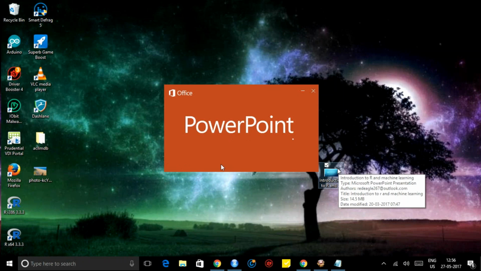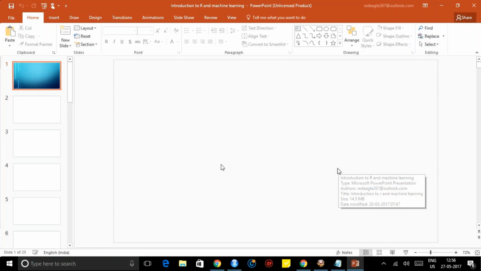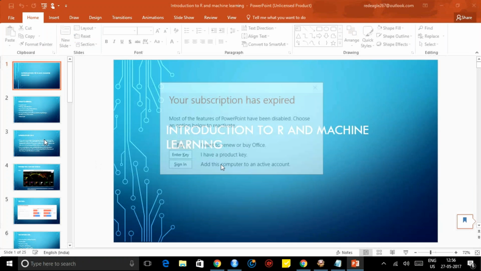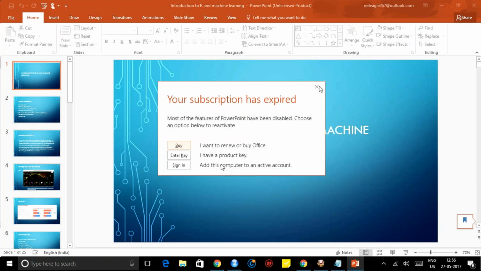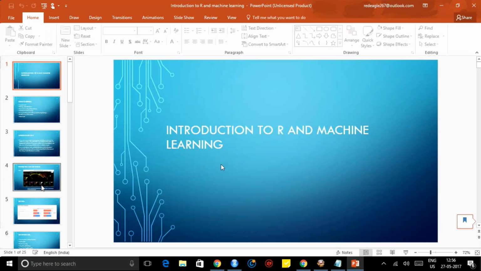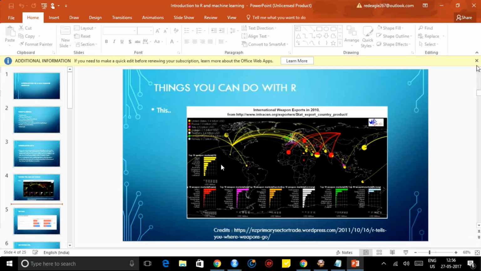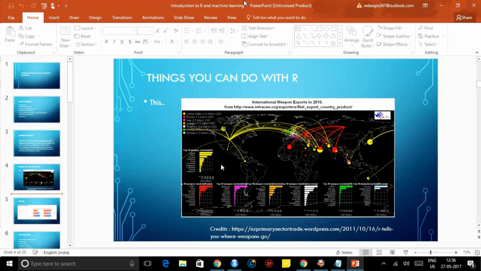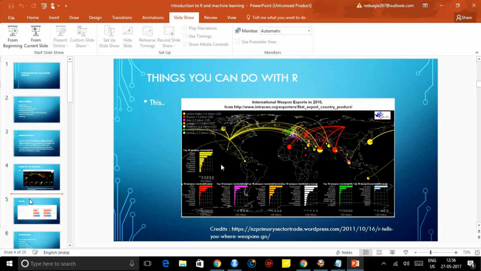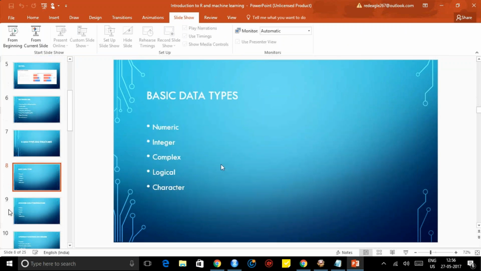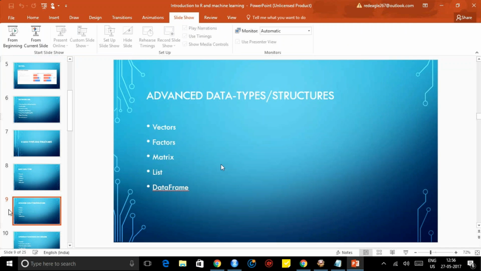Instead of switching control between that machine and this machine, I open the disk. So these are all the basic data structures in R: vectors, factors, matrix, list and data frame.